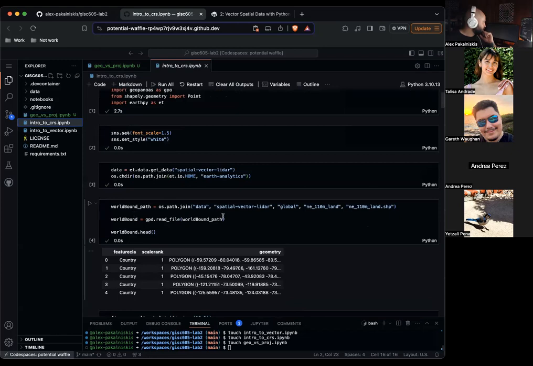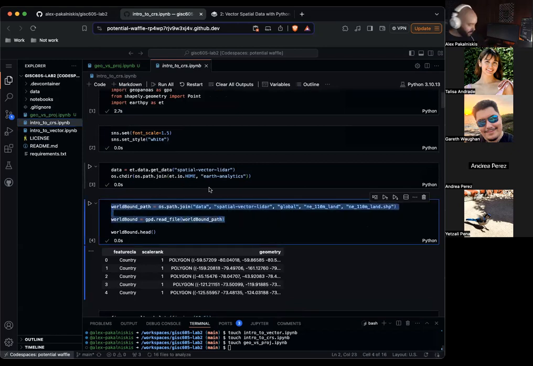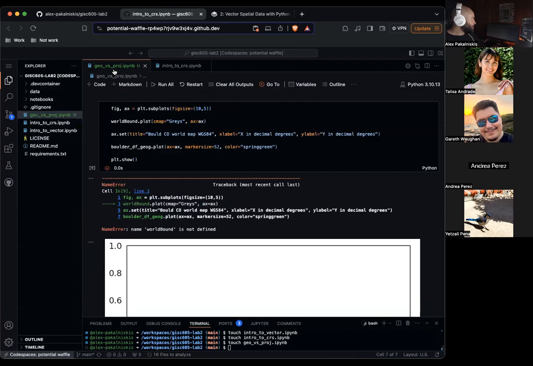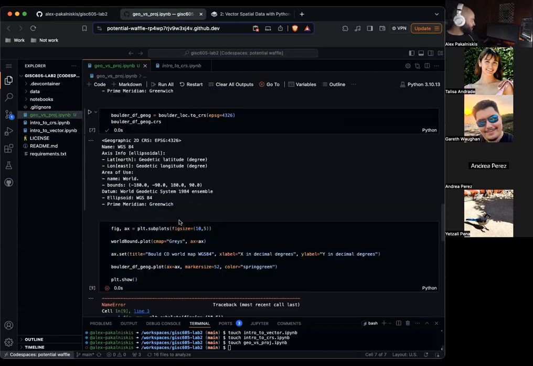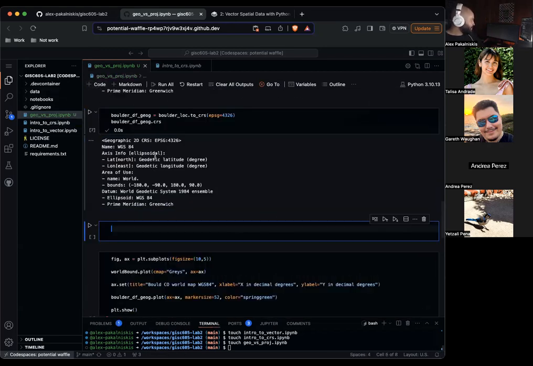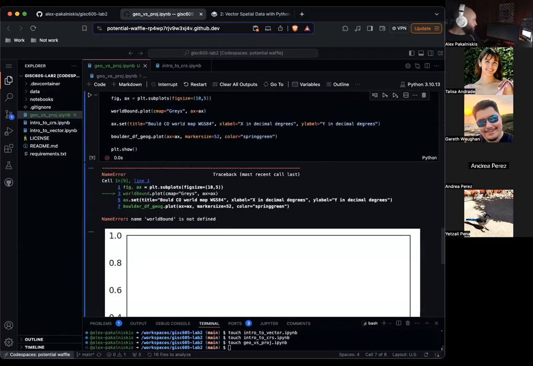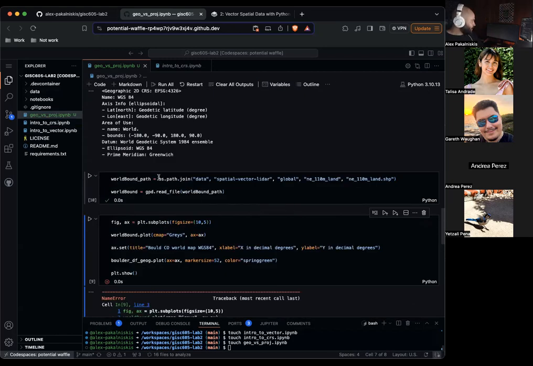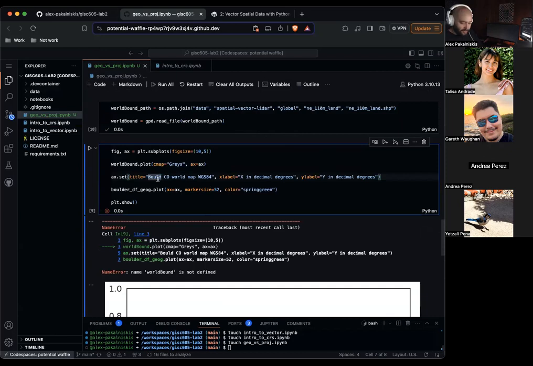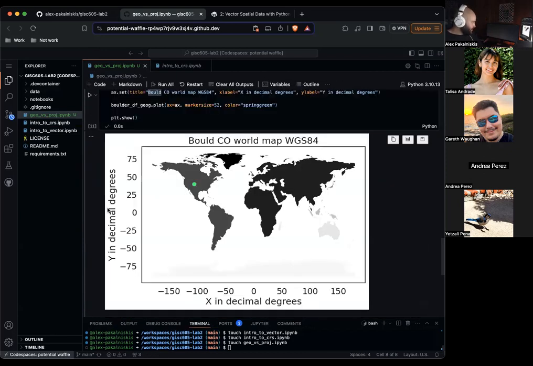World bound, there we go. Let's read that in here. Okay, now let's try this again, and you can see that we have our map with Boulder displayed.